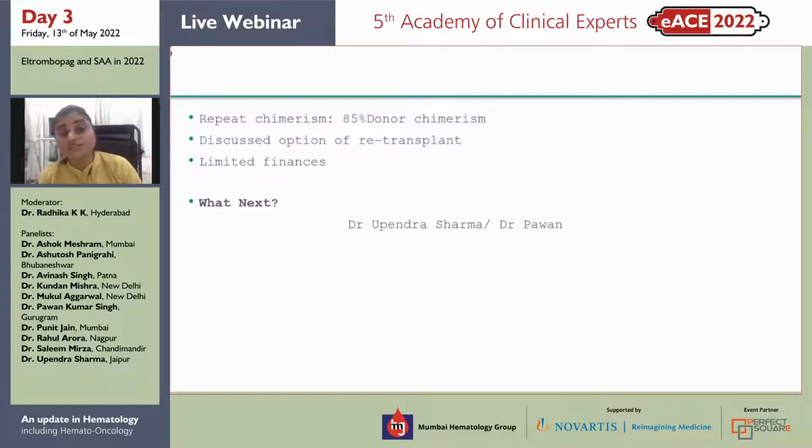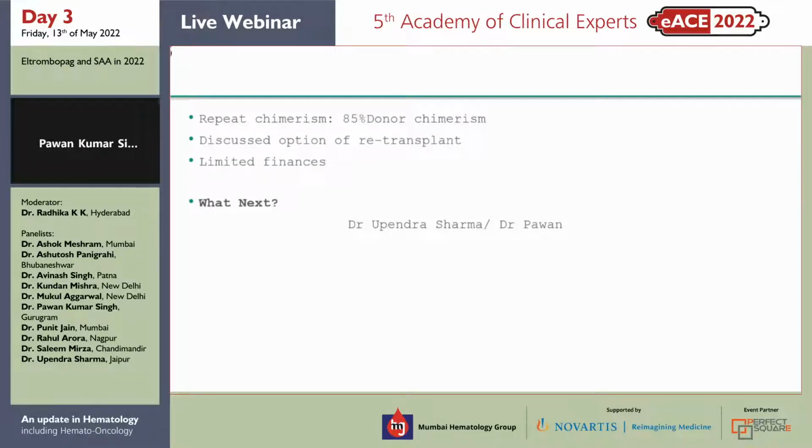Okay, the patient does not have any finances for a retransplant or a DLI. The DLI is not costly. It is very much less than the transplant cost. So instead of losing this chimerism, first I would like to cut down the immunosuppression. Then if the patient is not responding, maybe we can watch for one month, repeat the chimerism after one month of cutting down immunosuppression, and then the option of DLI can be given to the patient.